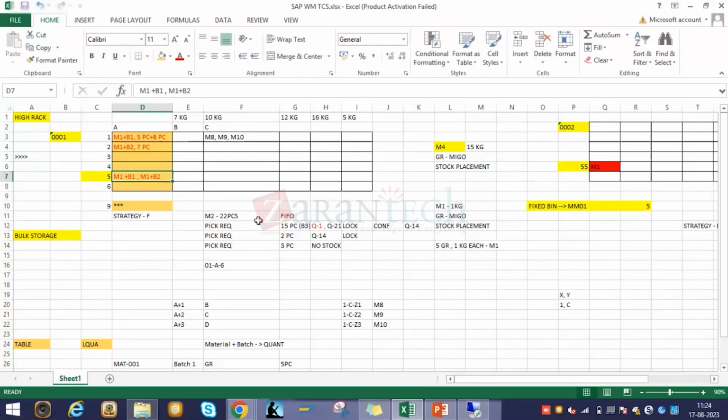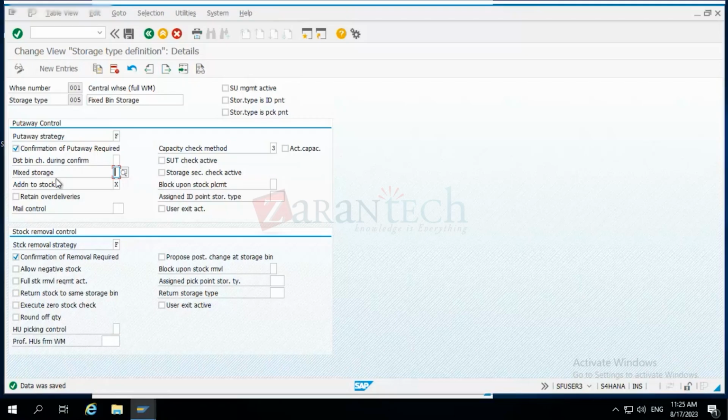So M3 can also come? Yes, a different material also can come. This is called mixed storage. It will keep adding because you have turned on addition to existing stock, and you have also put the check on mixed storage. So it will keep adding to that bin unless and until we exhaust the storage capacity or the weight. So if you are enabling both of these flags, addition to existing stock and mixed storage,